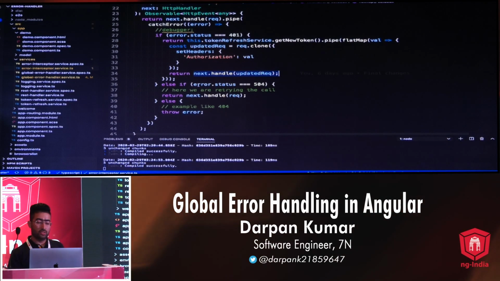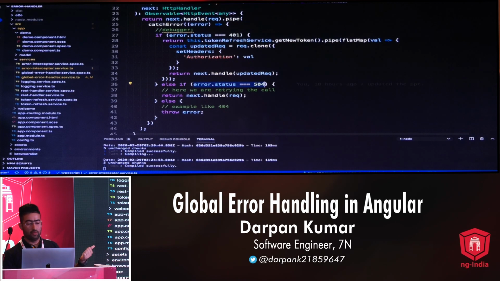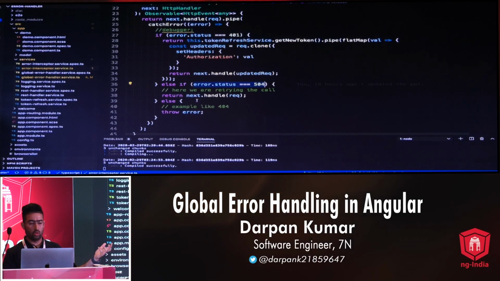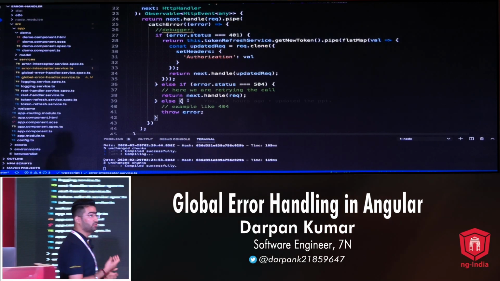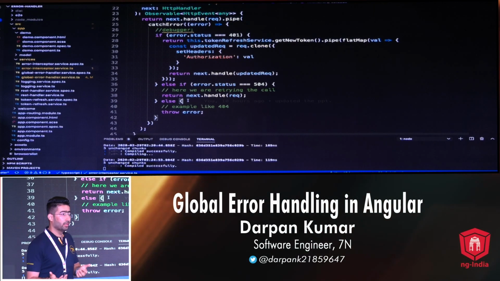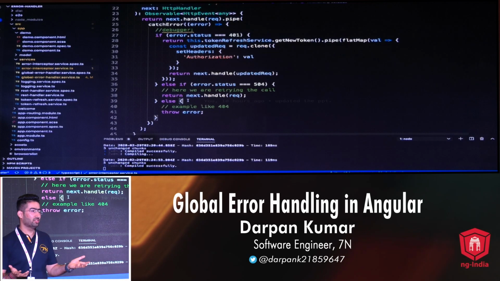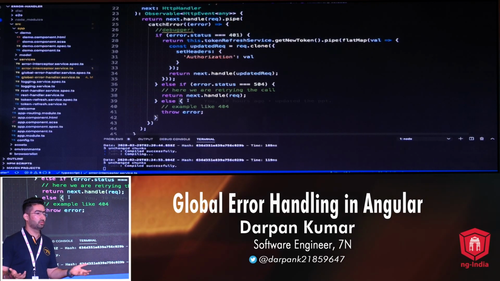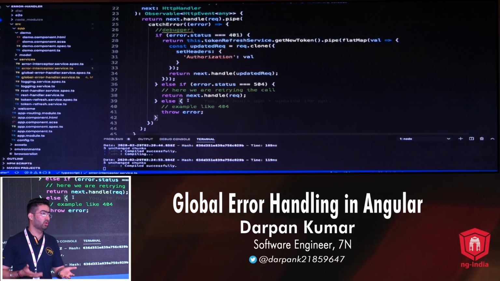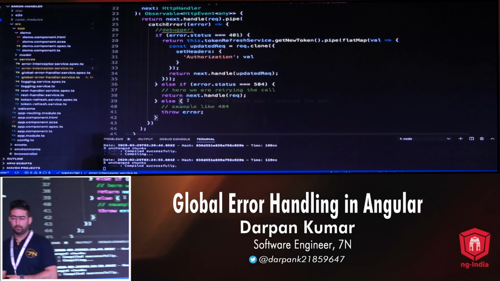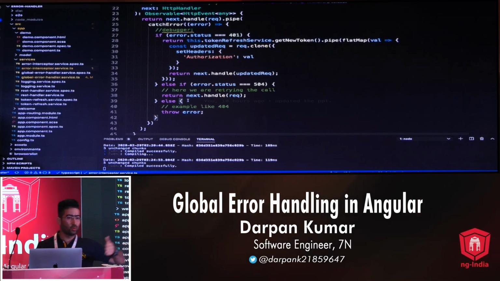The other example is, if the status is 504, then I simply need to call the backend again. Else, if the status code is 404 or 500, it doesn't make sense to call the backend again, because you don't have any API or your server is already failing. Then we will simply throw the error.